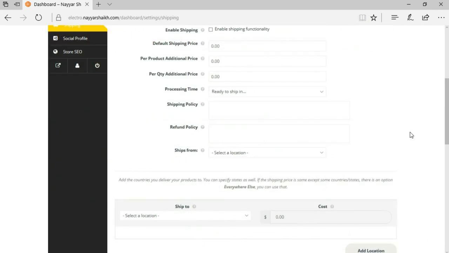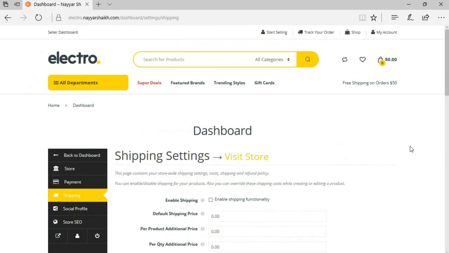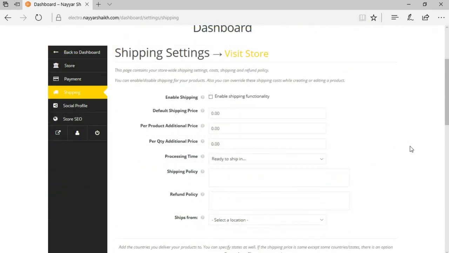Okay, so basically this is how the dashboard looks. This was the most important thing, guys, because when you're creating a multi-vendor website, the most important thing is to give authority to the seller to create their own product, to create their own coupon. And as you can see, this is so simple, and it is all on the front end. So this is really amazing. This is just mind blowing.